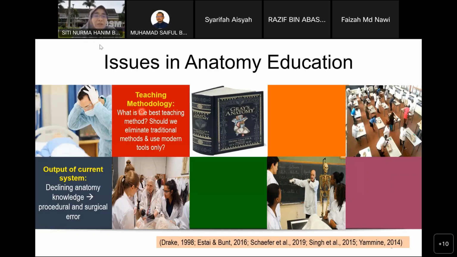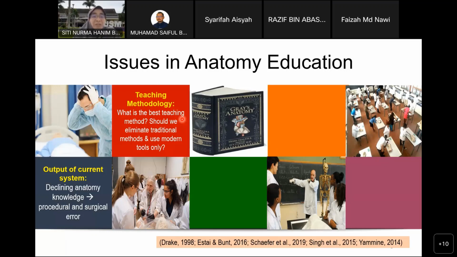And about teaching methodology, we still don't know what is the best teaching method in anatomy, despite extensive research in teaching methodology. There's an ongoing debate on whether we should eliminate the traditional methods like cadaveric dissections, didactic lectures, and many more,